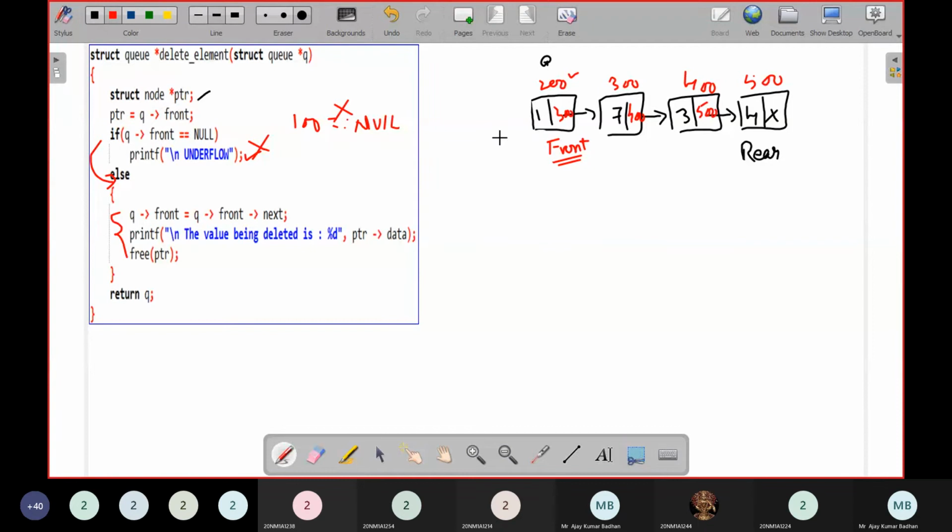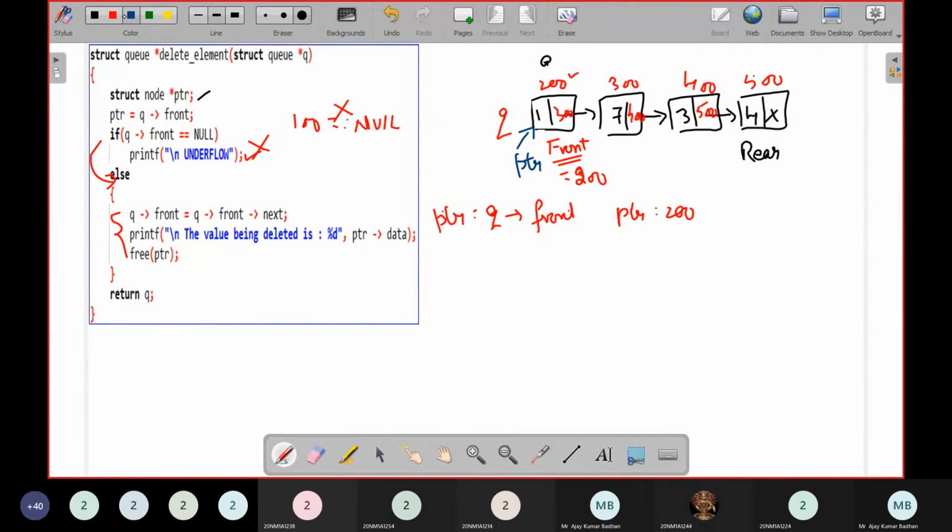And right now the front is pointing to, what is the address of the front here right now? 200. Same. I want to delete one more element. I want to delete this one. Same process. First, I take the pointer. So pointer equal to q of front. This is the entire q. Front is pointing to address 200, so pointer equal to 200. Now the pointer is coming to this particular location. So pointer is referring to this node, and front is referring to that node.